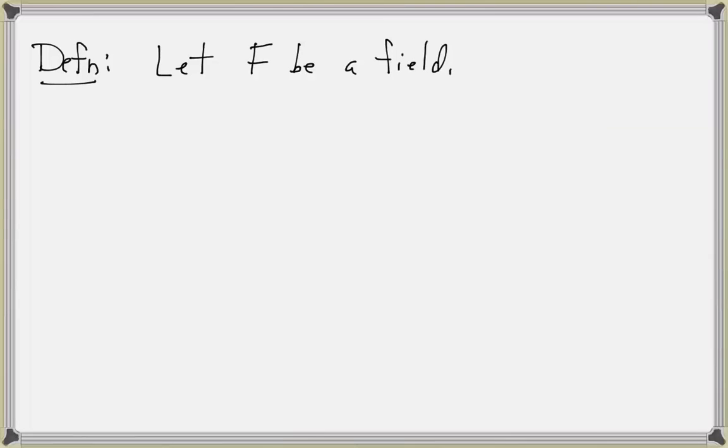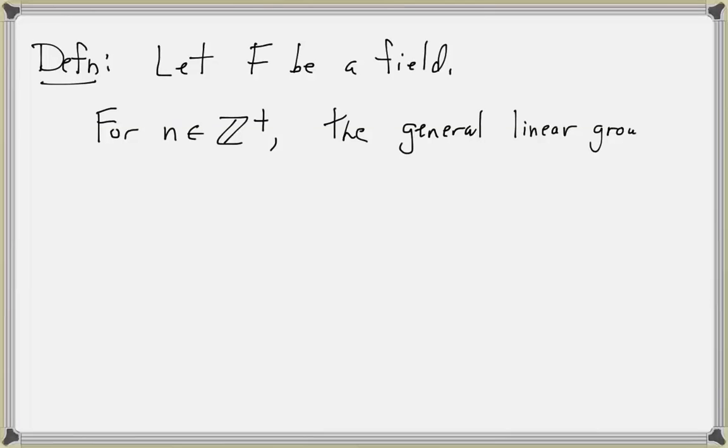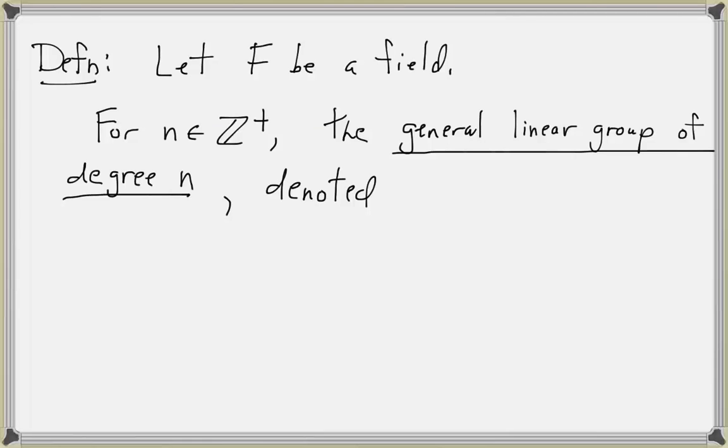Now let's define some matrix groups over a field. Let F be any field, then for a positive integer n, we define the general linear group of degree n, denoted GL sub n of F. This group is